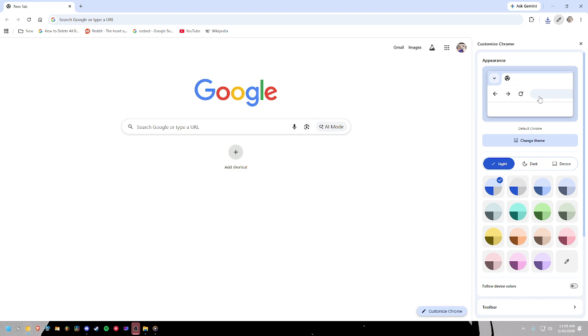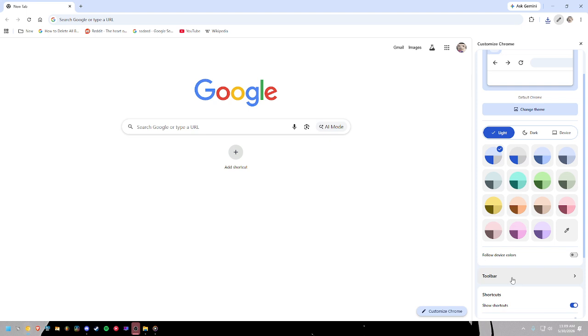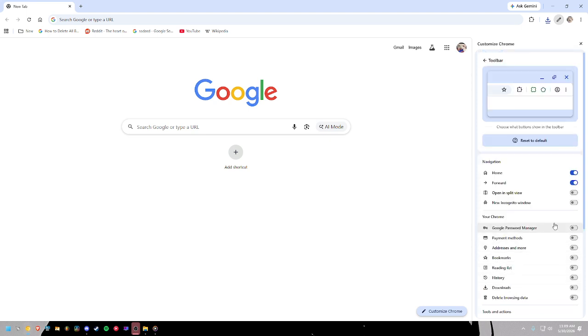Once that panel opens, select Toolbar. This is the section where Chrome lets you manage what appears in your browser interface and how certain buttons and tools are shown. By going into the Toolbar section, you can enable the customization options that control the Customize button